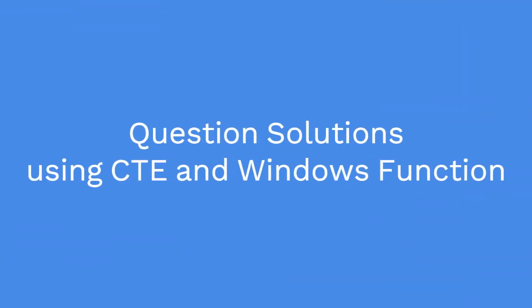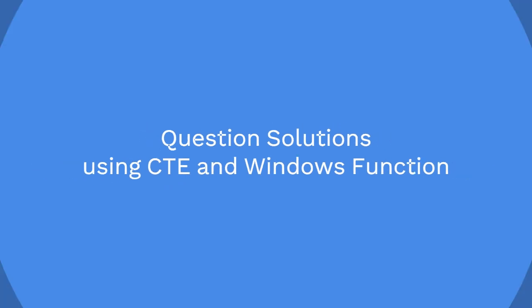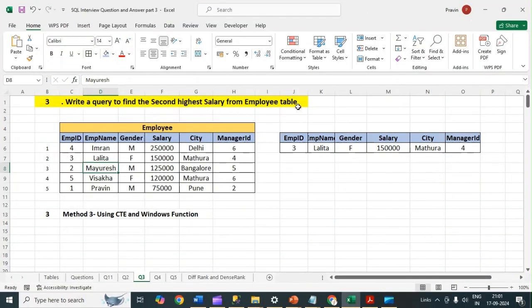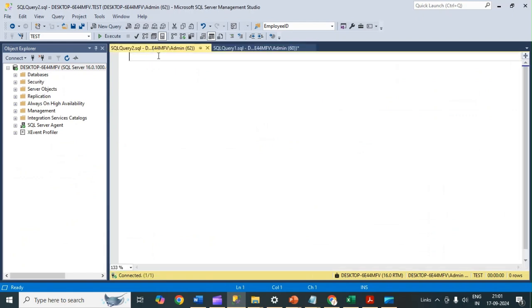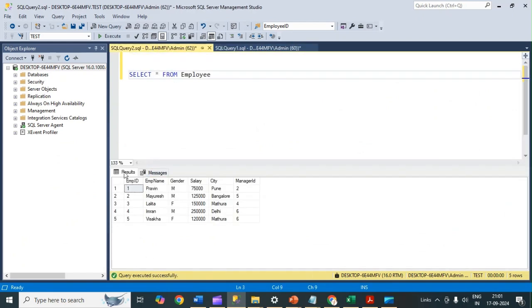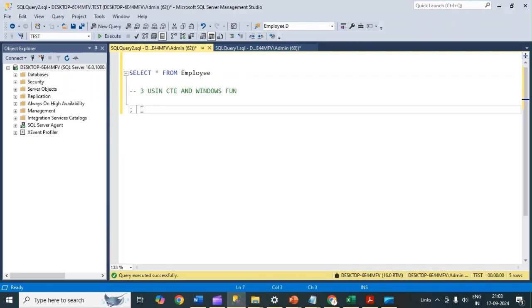So in this question, it will be asked that we need to find the second highest salary from the employee table, and we can use a method like using the CTE and Windows function. So for that, I will go to my SSMS again. First of all, in this employee table, we need to find the second highest salary using the Windows function. So I will start the common table expression